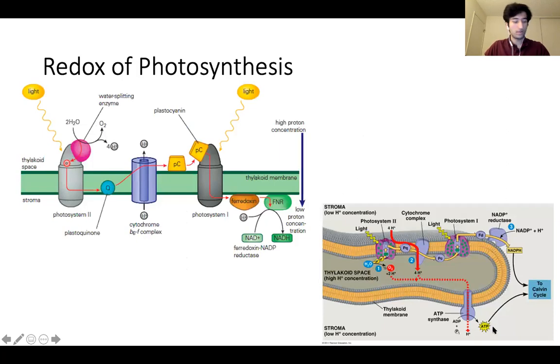And so next, briefly, I want to talk about the redox that's involved in photosynthesis. So this comes directly from your lecture slides, and this is something that I found that's representative of just where everything is, just to kind of help you get your bearings. So when we talk about the thylakoid space, so this area right here where the water splitting happens, that's the inside of the individual thylakoid stacks in the chloroplasts, and the stroma is essentially everything that's outside. So just notice that the NADP plus is getting reduced on the outside, whereas the water molecules are being split